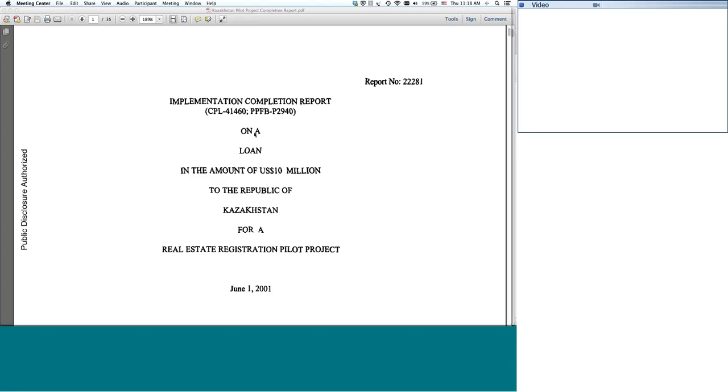sold. And so they immediately pretty much gave a certificate of ownership to whoever occupied real estate at the end of the Soviet era. So if you lived in an apartment, you got title to it. But what they didn't do at that time was set up a mechanism to transfer title. So there was no mechanism to store or record who was the owner of all the real estate, like a title registration system.